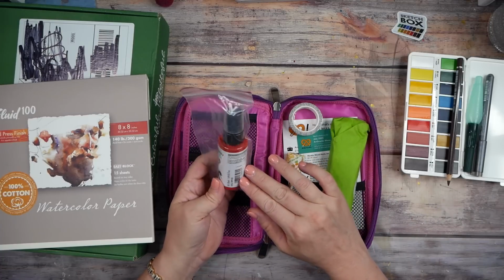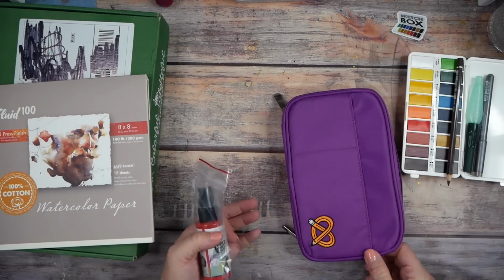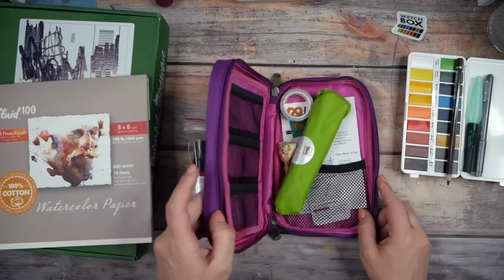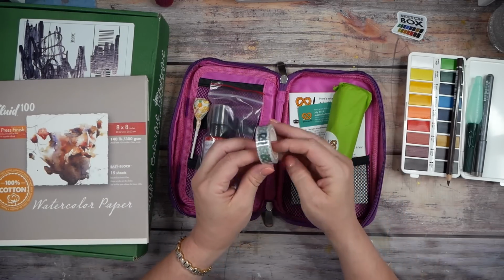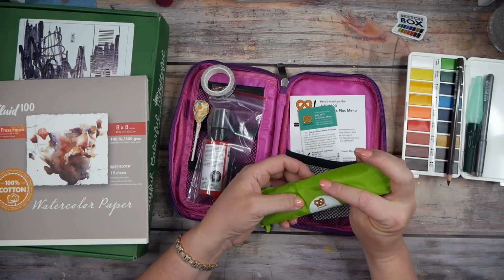So that's kind of fun. It's just acrylic paint in a spray container. And look at this cool pencil bag, art bag that we got. That's pretty cool. I do like the art bag. We got a sucker. We got some super fun washi tape. I like washi tape. And let's see what we got here